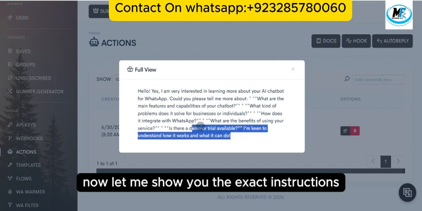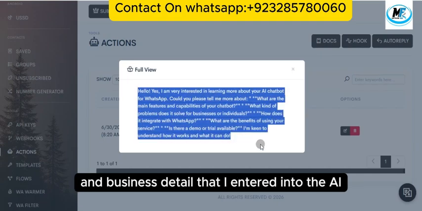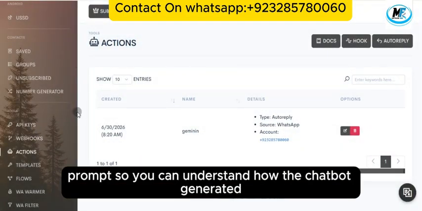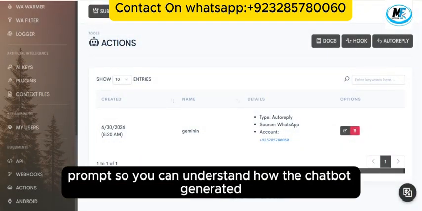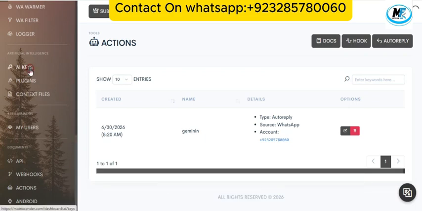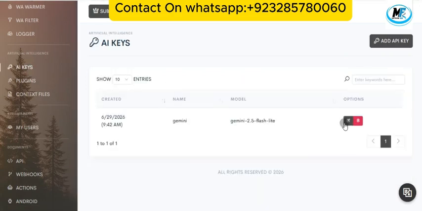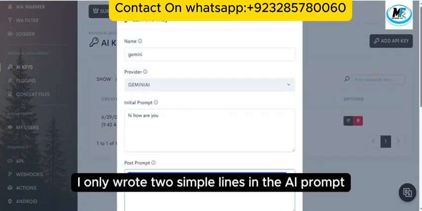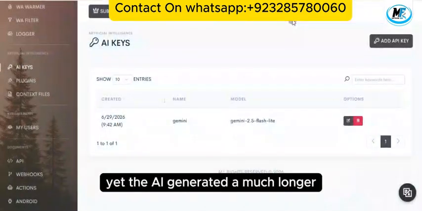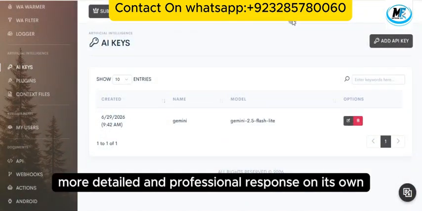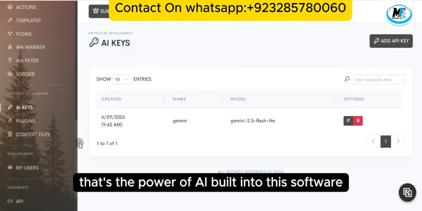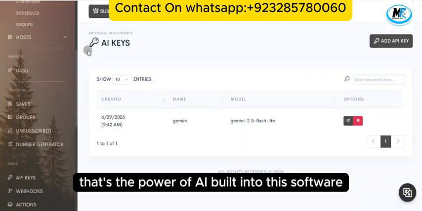Now, let me show you the exact instructions and business details that I entered into the AI prompt so you can understand how the chatbot generated this response. As you can see, I only wrote two simple lines in the AI prompt, yet the AI generated a much longer, more detailed and professional response on its own before sending it to the customer. That's the power of AI built into this software.